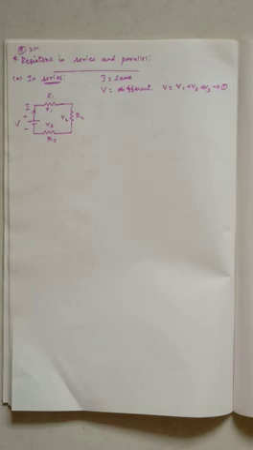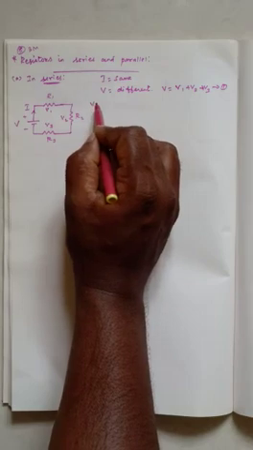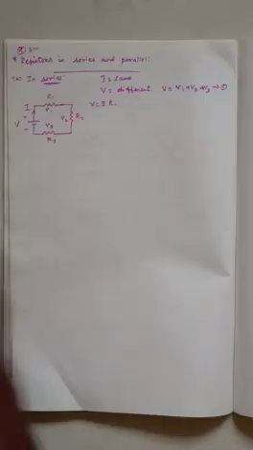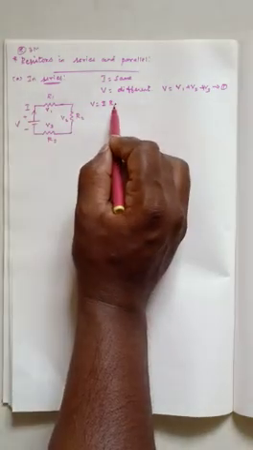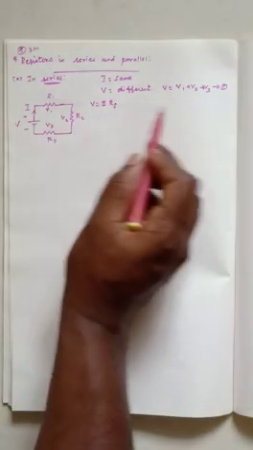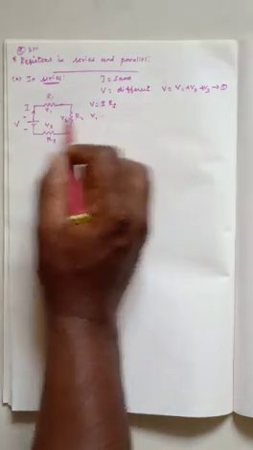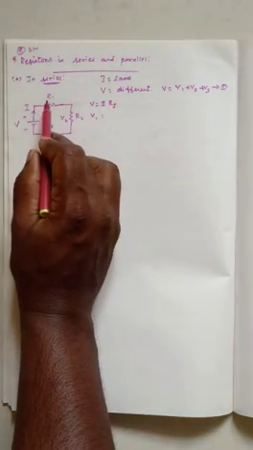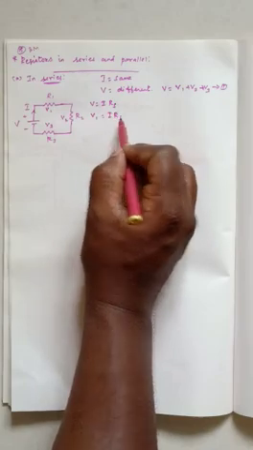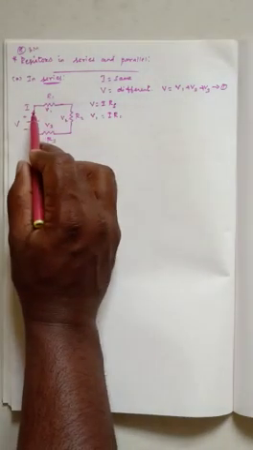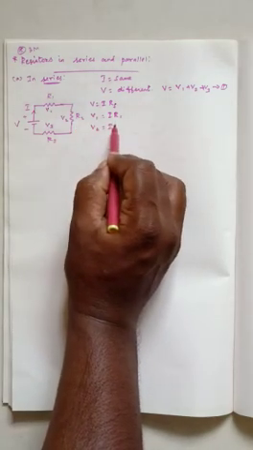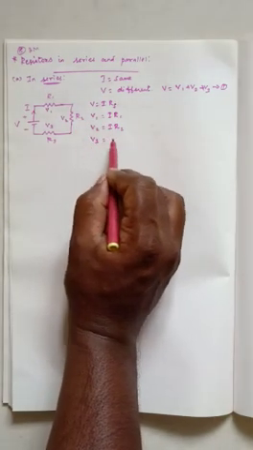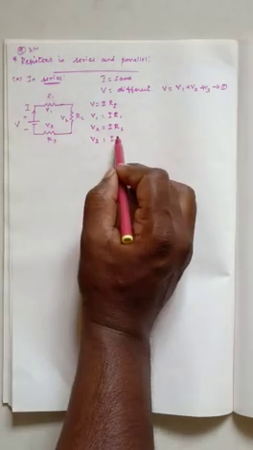You know Ohm's law, V is equal to IR. So by Ohm's law, V is equal to I into R. We want V here, so resistance in series we write as Rs. So V equal to I into Rs. Similarly V1 equal to I into R1. For V2, current is I, then resistance R2, so V2 is equal to I into R2. Similarly V3 is equal to I into R3.